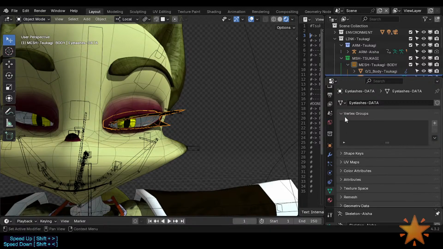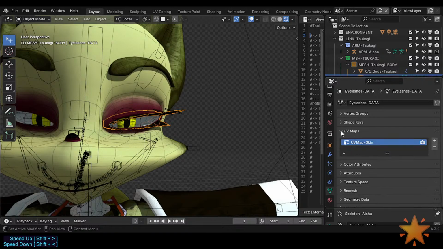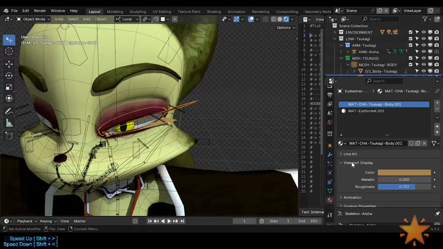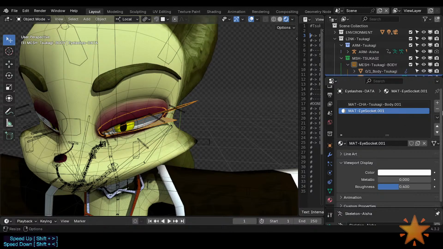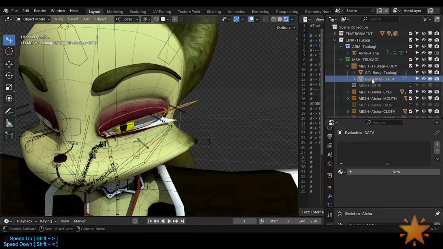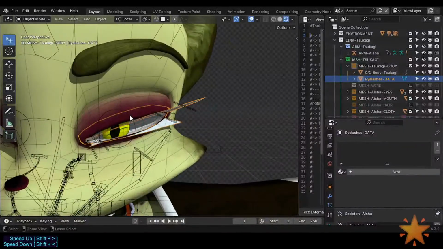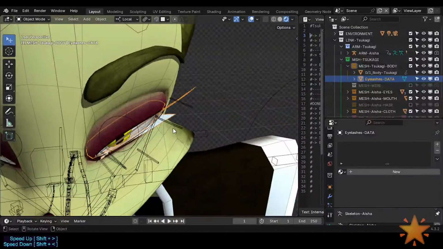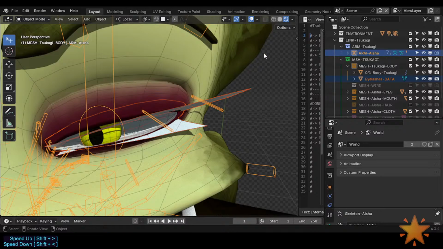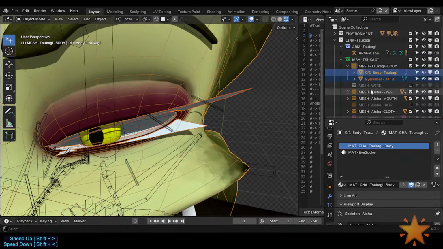data, no shape keys. Okay, the rest, this could cause some problems, so let's just ignore that. Materials, I think it might have some, yeah, this is not necessary, but I want to simplify this stuff. Let's see the normals. Okay, it's not using any material, so I'm just going to join here. No, join with here, the body,